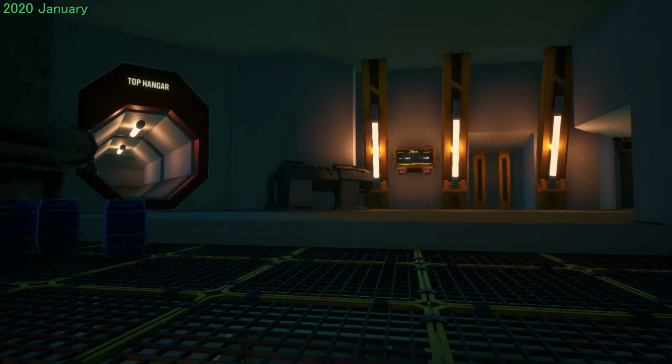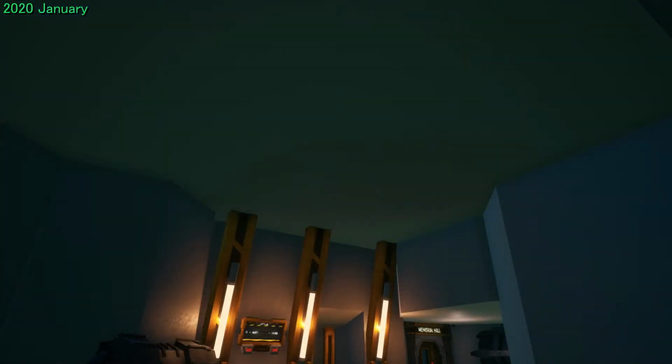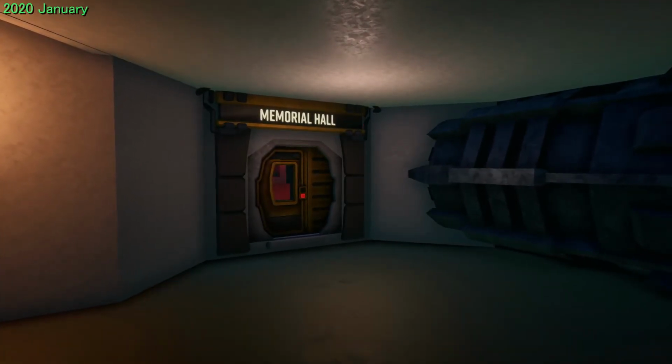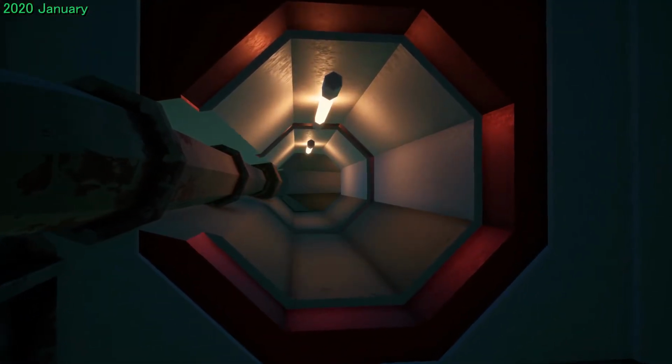The upper level has just as equally undergone a ton of changes. The hallway over here has been changed into a blue tunnel, Rob's secret is gone, and the four tunnels teasing a shooting range and the like are gone, with only the Memorial Hall entrance remaining, albeit positioned differently. There's a gorgeous new tunnel leading to the top hangar, and...